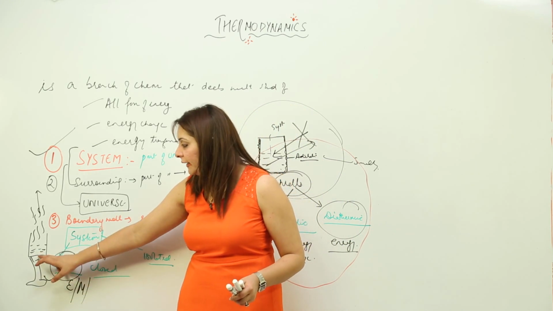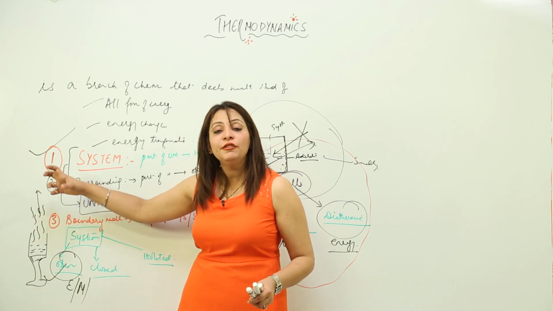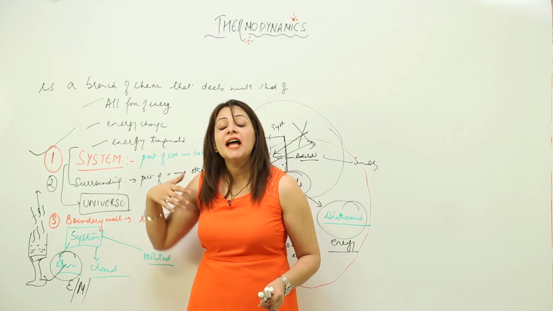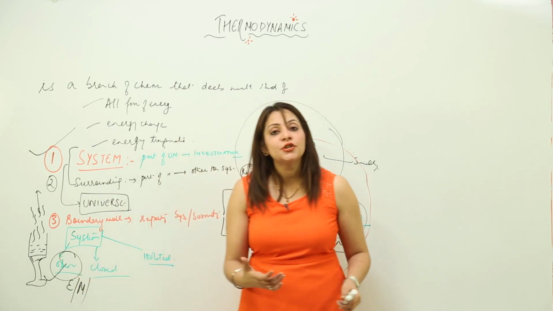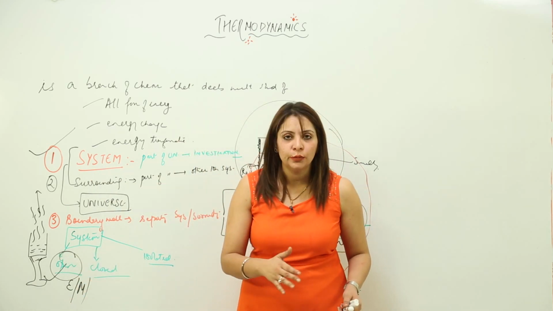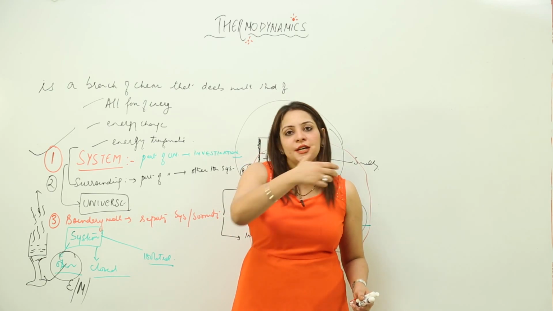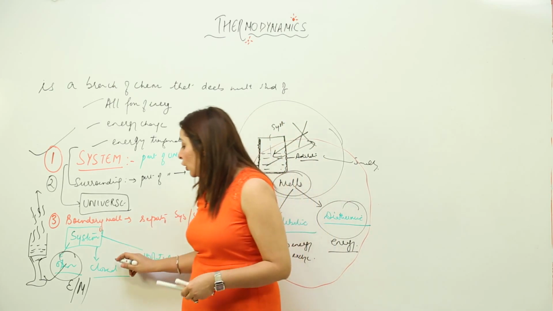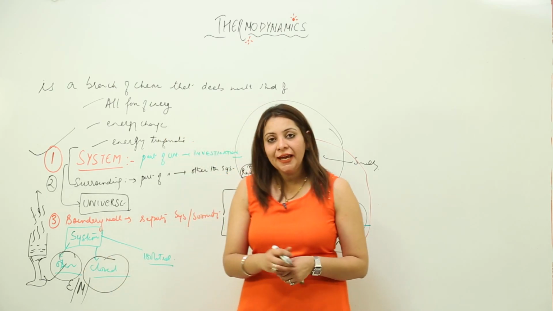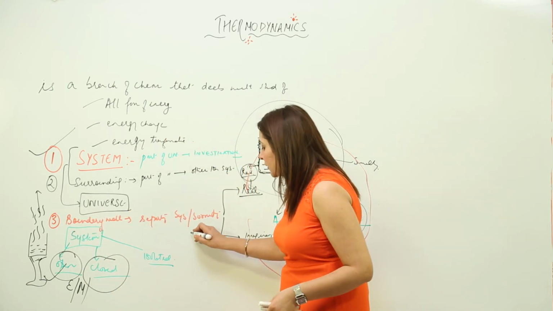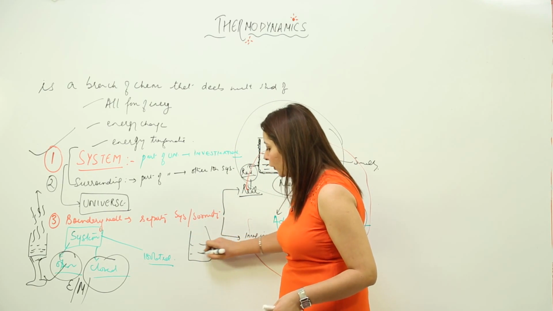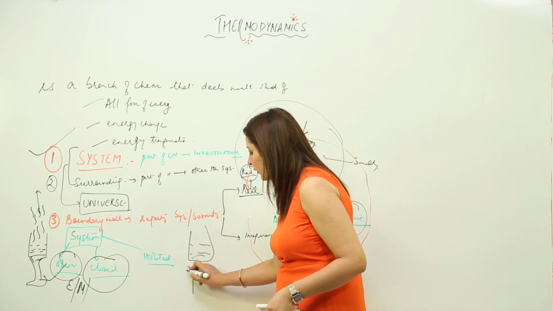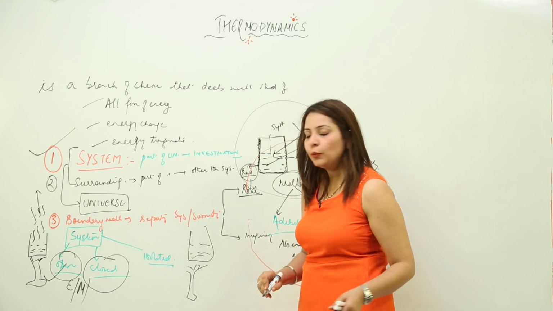As I told you, I heated it, the vapor is rising and even the energy is going out. That means it can exchange energy as well as matter with the surrounding. So any system which can exchange both things is considered an open system. Now, what is the closed system? Again, I am going to heat a flask. Suppose I have a container with water in it and I am heating it. So what do we get to see?